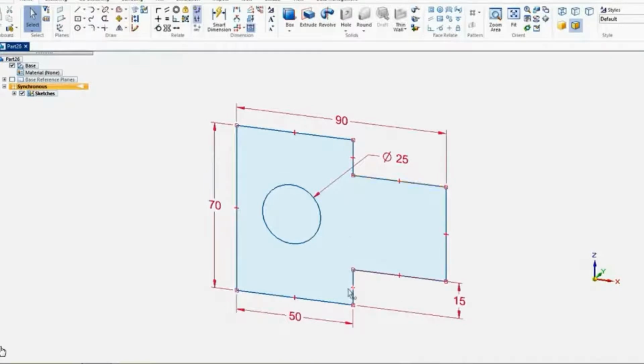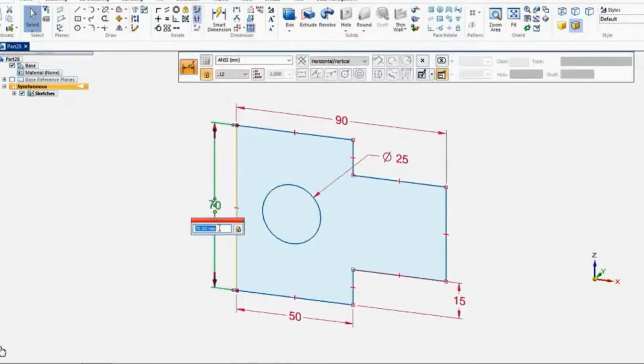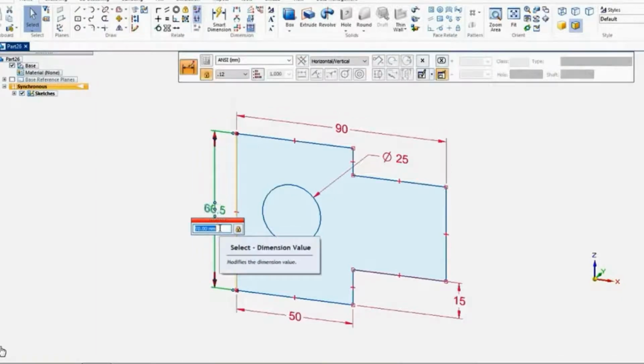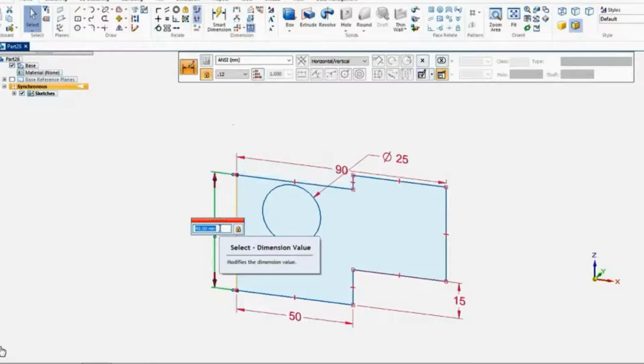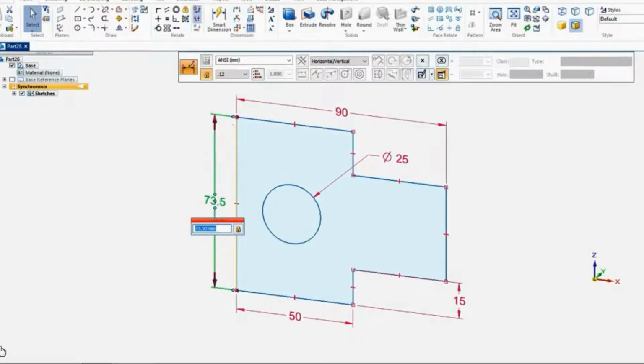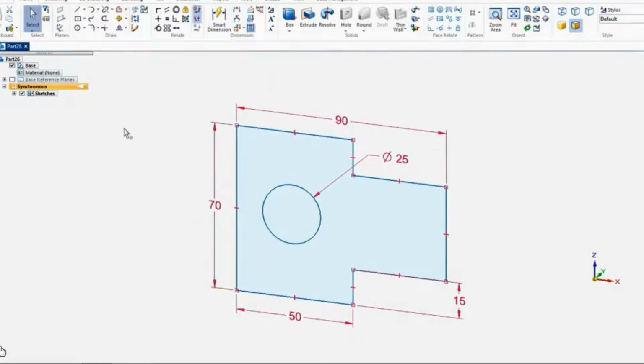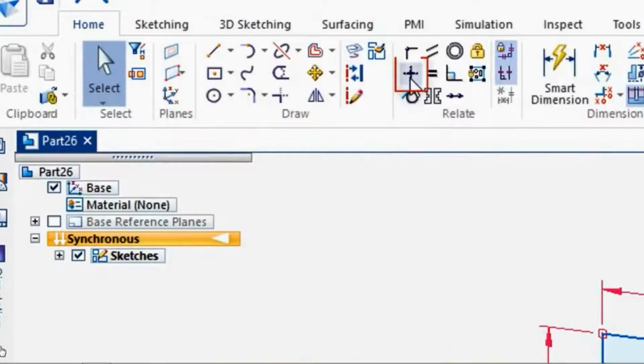So I need this to line up for starters. It looks like the circle may not be in the right place. If I go and click on the 70 and just put my cursor in there and roll this up and down, I'll see how that's turning inside out and the circle's not staying in the center. So I'll go and hit undo there. So that's why I need to add some geometric constraints, and the first one I'd like to focus on is